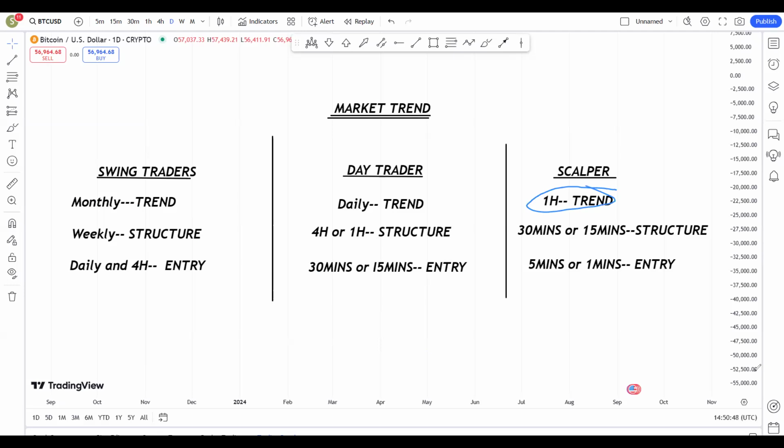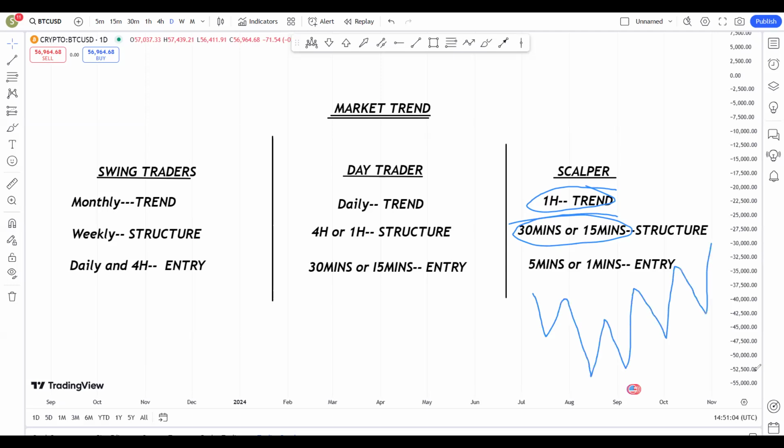On the 1 hour time frame, they're going to check the direction of the market, and then they come down to the 30 minutes or the 15 minutes time frame to look for structure. To look for structure, if the market is actually selling, or the market is